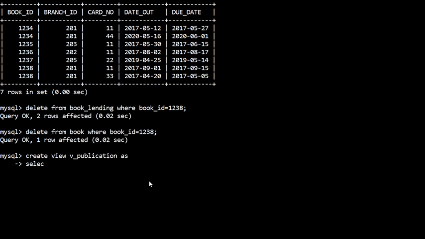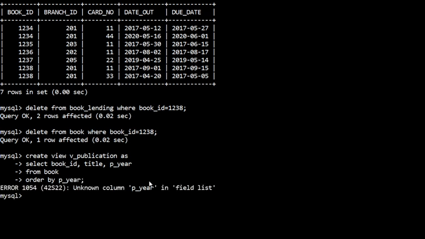We need to include book ID, then title of the book, publication year from the book table. You can just write this much, or if you want to sort according to the year, you can write order by publication year.